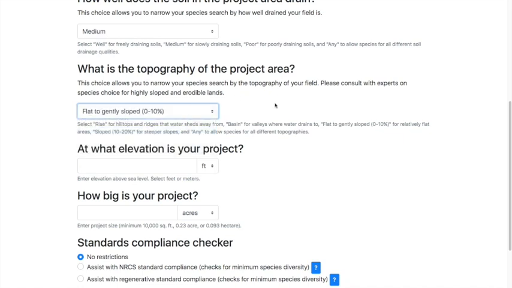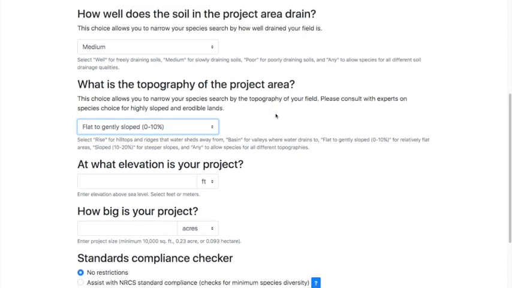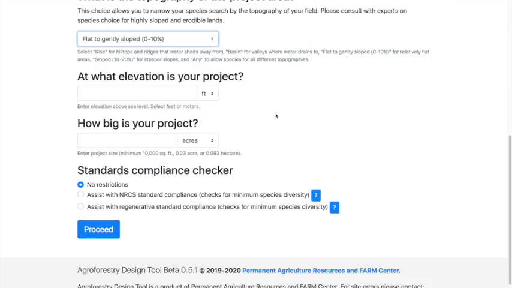Now, if you don't know, or if you just want to create generalized projects, you can select the any option. Elevation is in feet or in meters. And the minimum size for a project is about 1/4 acre. You can do this in acres, square feet, square meters, or hectares. I'm going to stick with acres, and I'll make this a 2-acre project.